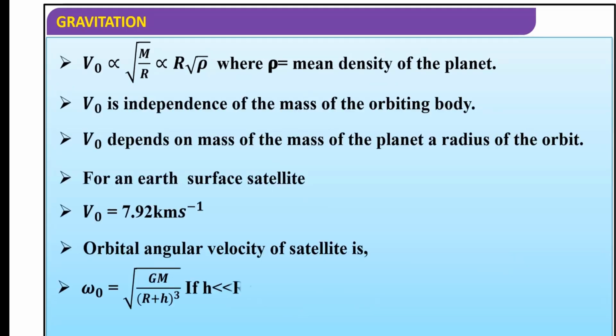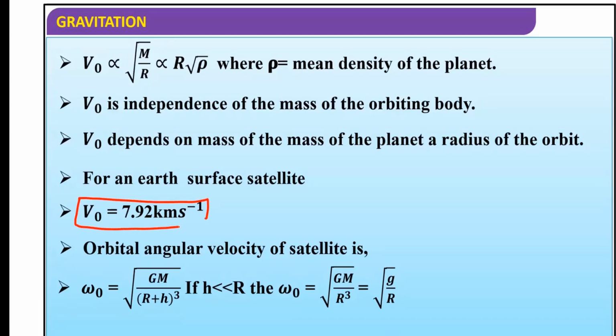Now see this velocity, orbital velocity, you must remember for MCQs. For Earth especially, a satellite will have a velocity of 7.92 kilometer per second. Okay. Same way, escape speed is 11.2 kilometer per second. So these two values you must remember for numerical purposes.